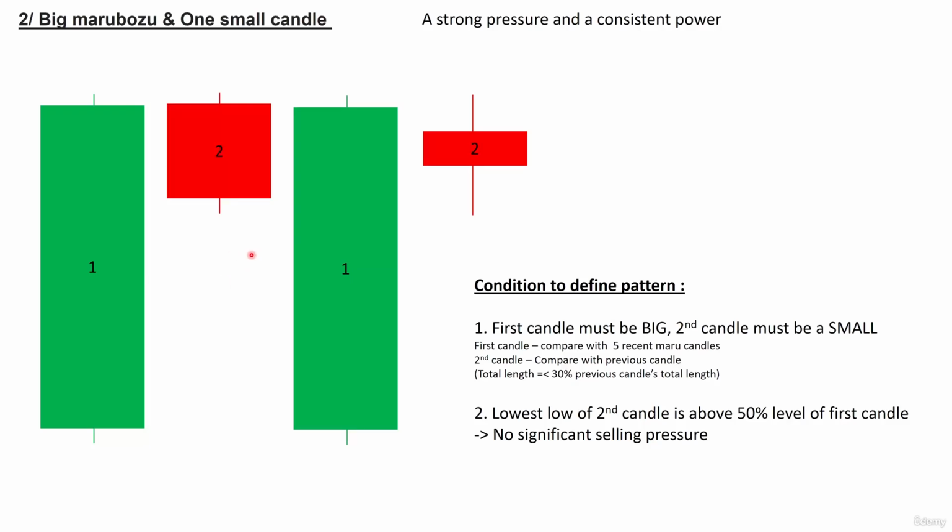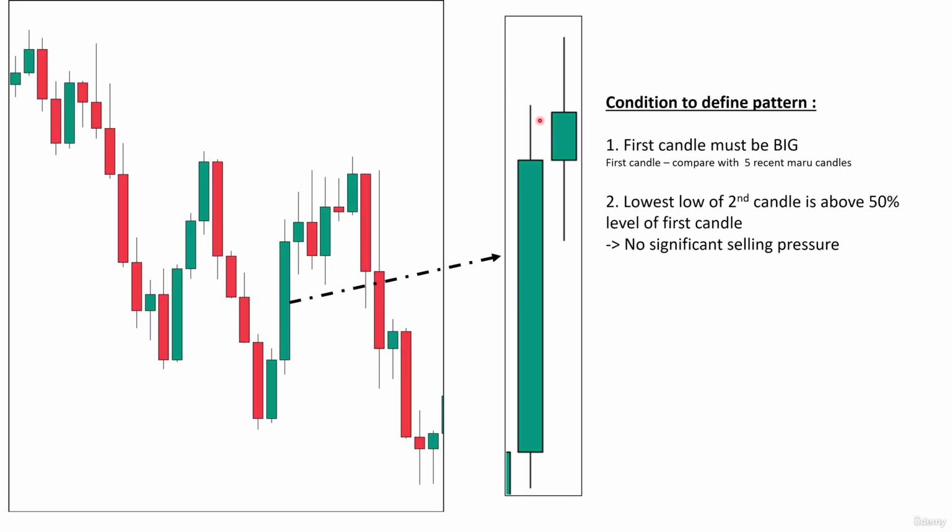Okay traders, for the second K, a big Maru candle and one small candle right over here is slightly different compared with the first K. The first K we already learned in the last lecture right over here, when the first candle is a big Maru candle and the second candle is a green doji or